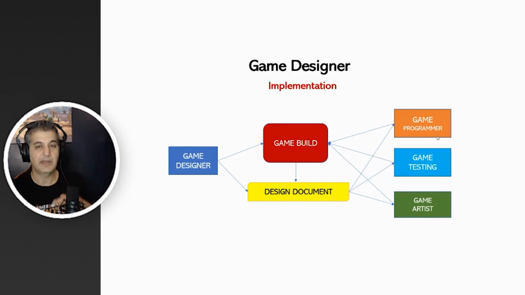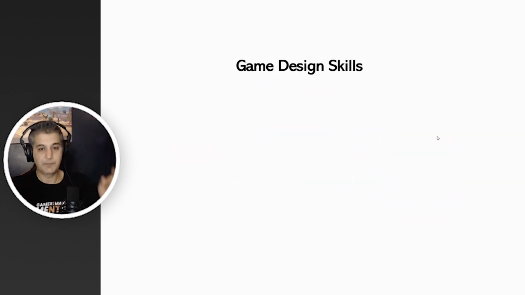So then we have something called iteration. The game designer informs the programmer, the tester, or the artist, no, no, no, this is not really the way it was supposed to be. And trust me, the product owner is going to be watching over you like a hawk all the time and also playing the game, because they're responsible for the game selling well. So the game designer's job is to make sure that the game is being built according to the specification. That's really, really, really important. This is a continuous process that keeps going on till the end of the development of the game.